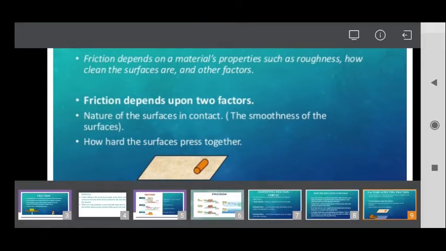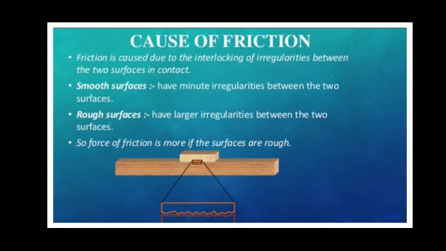The next one is the causes of friction. So how is friction caused? Friction is caused due to the interlocking of irregularities between the two surfaces in contact. As we have seen, only if the two surfaces are irregular, meaning when they are rough, friction will happen. Whenever the surface is smooth, there will be no friction or very little friction. Whenever they are rough, there will be some irregularities, ups and downs on their surface. When these ups and downs of the two surfaces interlock, they lock up each other,